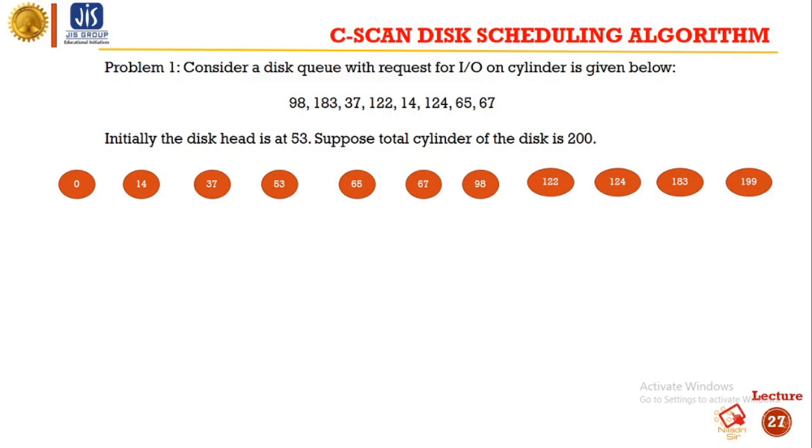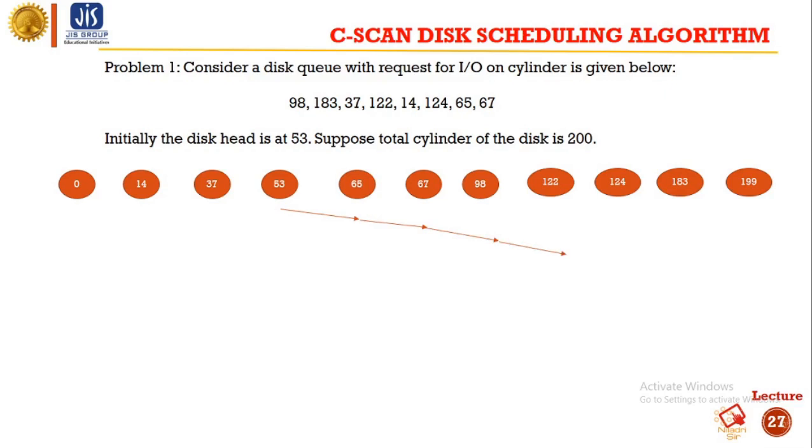Initially we are at the 53 position. From 53 we will move to 65. From 65 we will move to 67. From 67 we will move to 98. From 98 we will move to 122.